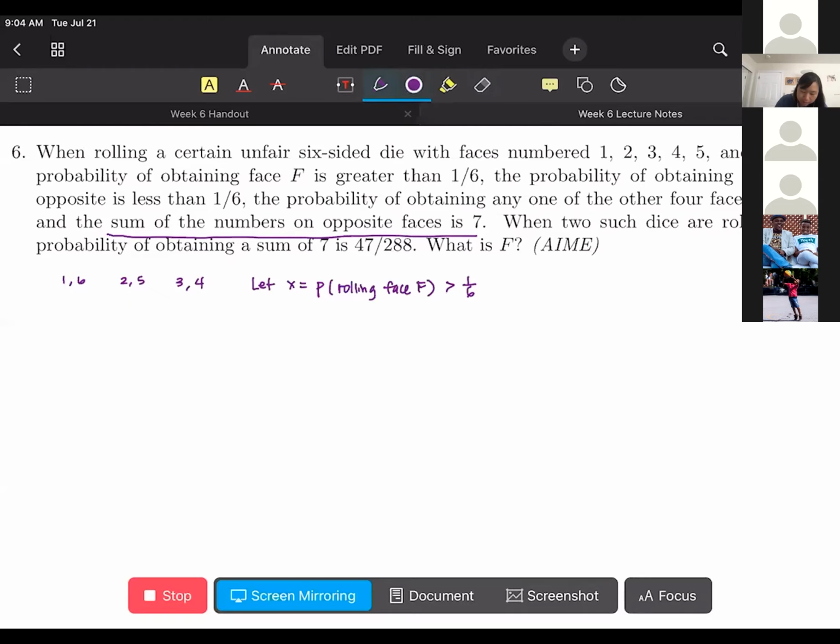So the probability of rolling a 2 is 1/6, a 5 is 1/6, a 3 is 1/6, a 4 is 1/6, and the probability of rolling a 1 is X. So what's the probability of rolling a 6? 2/6 minus X. Yeah, so that's 1/3 minus X. So I'll just write down what we said here. Without loss of generality,